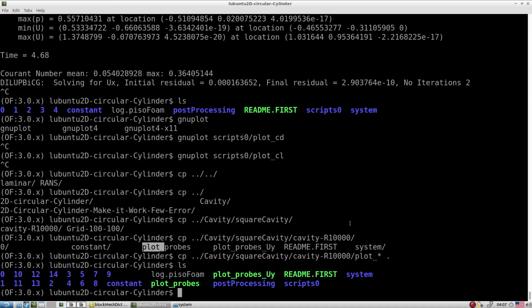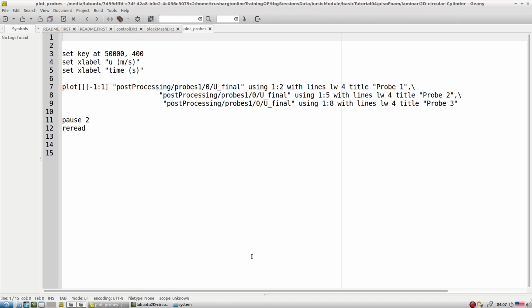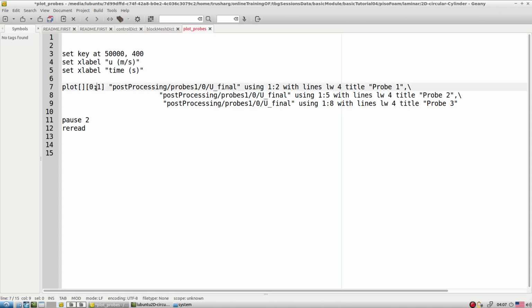Let's edit that file. Here we have the X component. Let's say we only require one probe at a time, or let it be two, later on we refine if required, but right now we don't know the range for this.